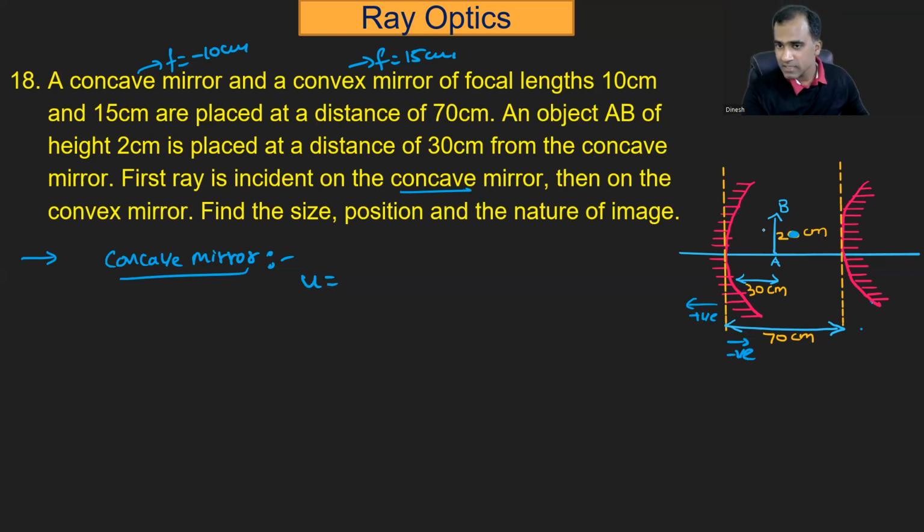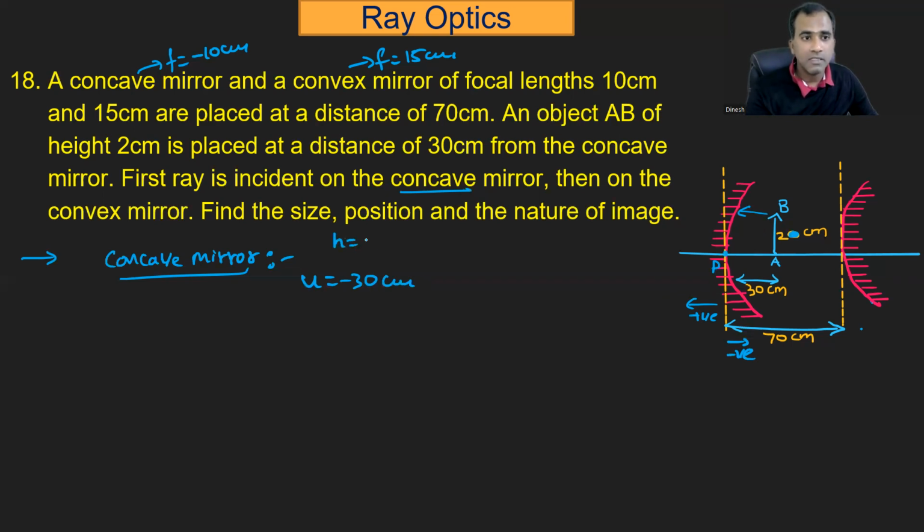The object is here, rays are coming in this direction. So anything measured from this pole, anything measured on this side, the left side, is measured positively. Anything on the right side is measured negatively. Anything in front of the polished surface, you just give a minus sign. Anything behind the mirror, you give a positive sign. So what is U? Minus 30. Is that okay? Next,